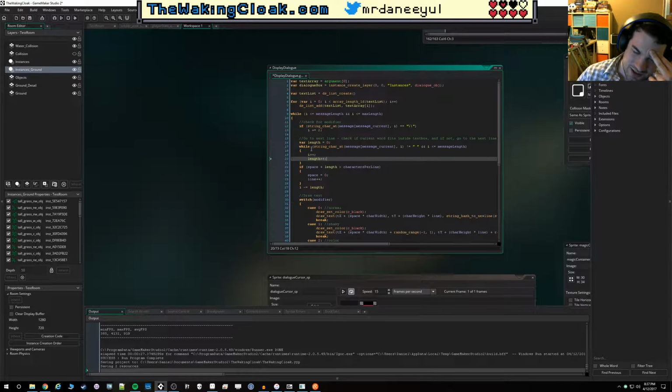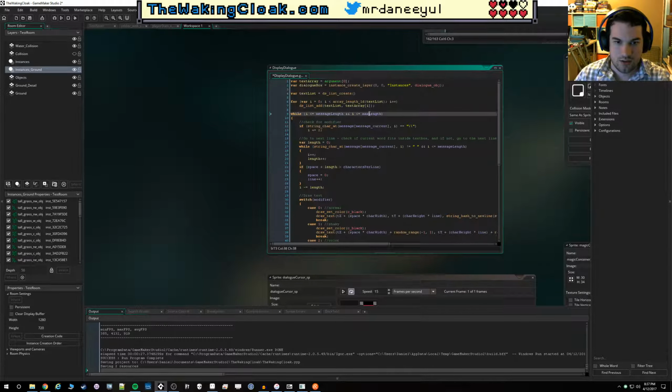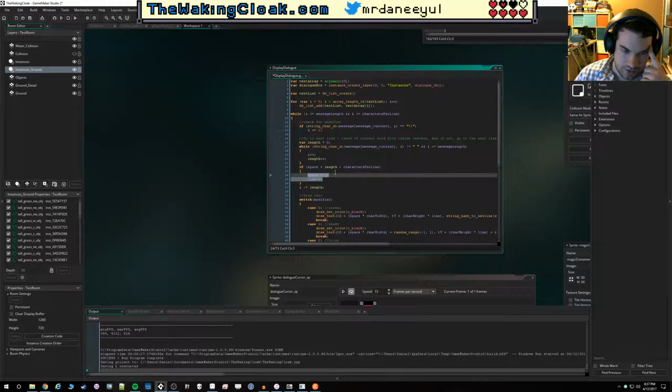Okay, so the problem here is that, actually I think this is okay because we're just going through characters per line. That's what we want here. So instead of doing a ++ line, what we'll do is we need to take the rest of the string